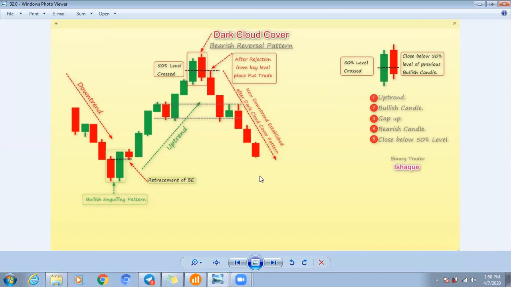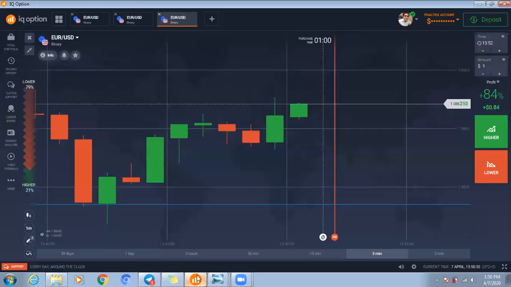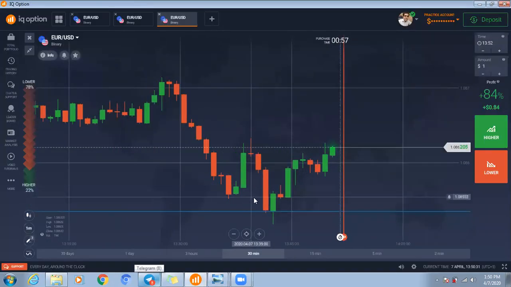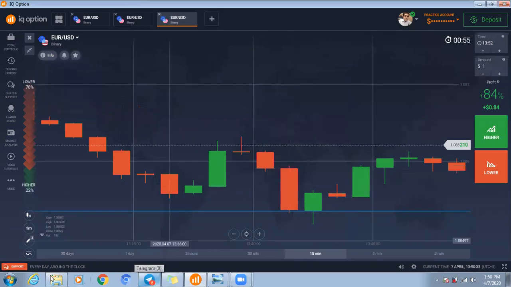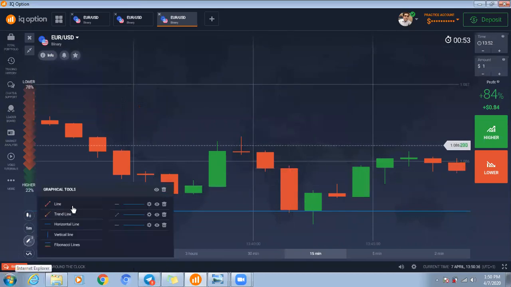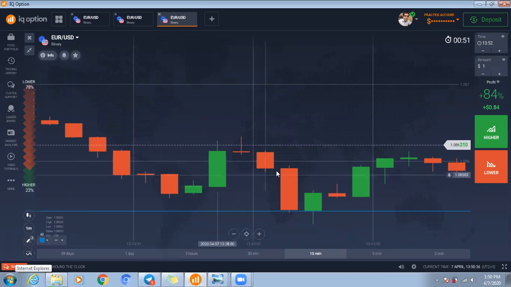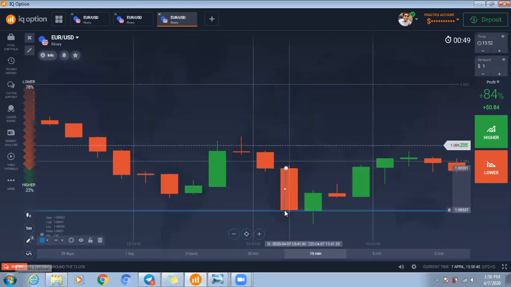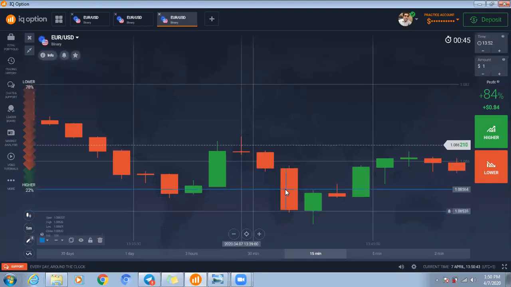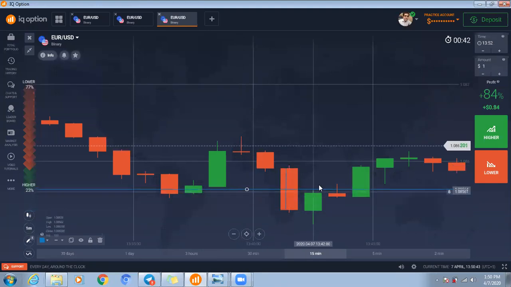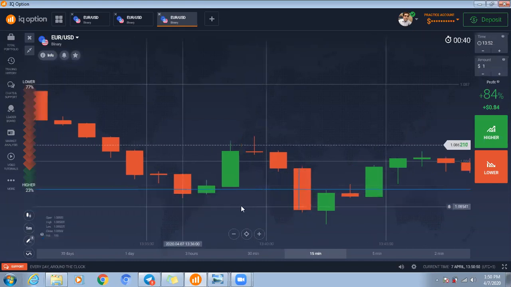A new downtrend appeared here. So now we are going to the live chart and we follow these two patterns, the piercing line pattern and the dark cloud cover. Is it working as we studied? You cannot say this is the piercing line pattern, because the 50% level of the first candlestick must be crossed by the bullish candlestick. In this case, it does not cross. It's below the 50% level. It's not a piercing line pattern.